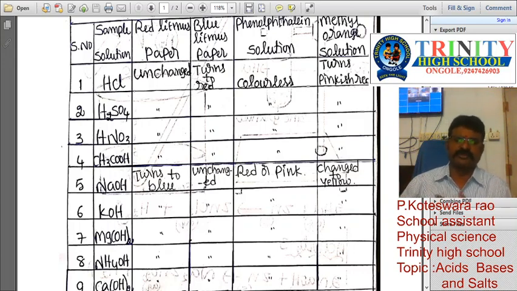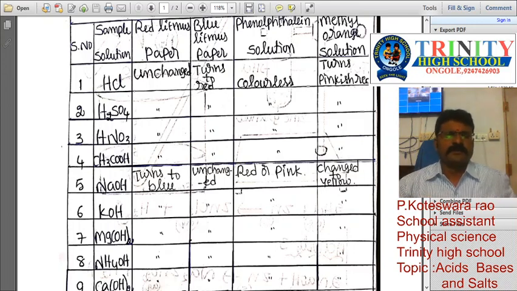Similarly, we want to remove H2SO4. Once again, we want to rinse with cold water. Then we can get ready with 4 fresh watch glasses. Take the same next sample. What about our next sample? HNO3. HNO3 means nitric acid. One drop added in those